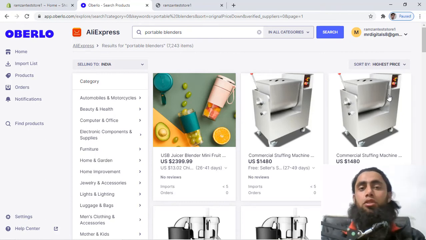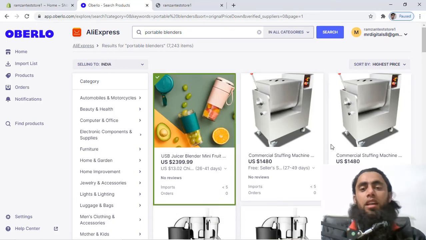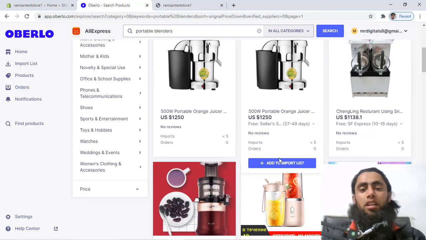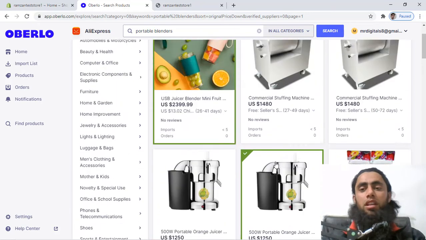The issue is that you are trying to sell them highly profitable products. So for example, I am interested to sell this one on my store. Let's click on it. There are other costly products over here, like $1250 US, and I am also clicking on import.